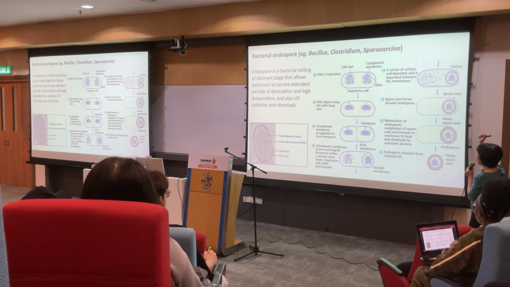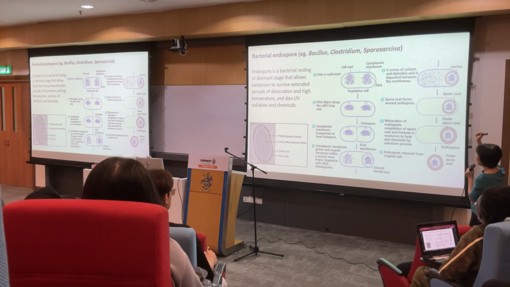So how do they do that? The chromosomal DNA from the other one will be degraded. Only the forespore's chromosome will be preserved. And what happens is that there is an invagination, meaning that